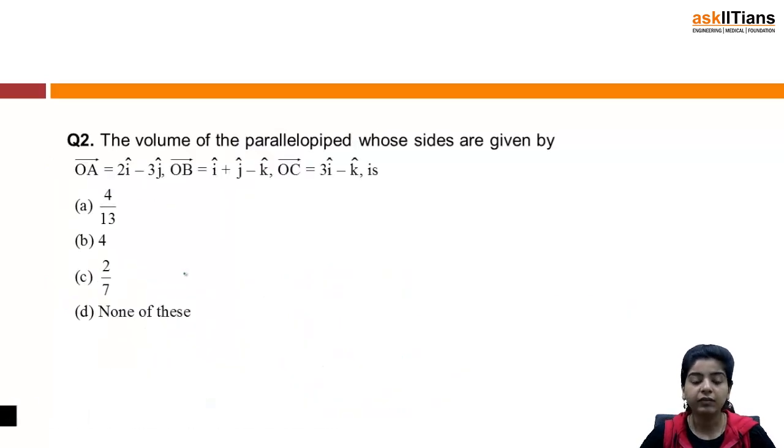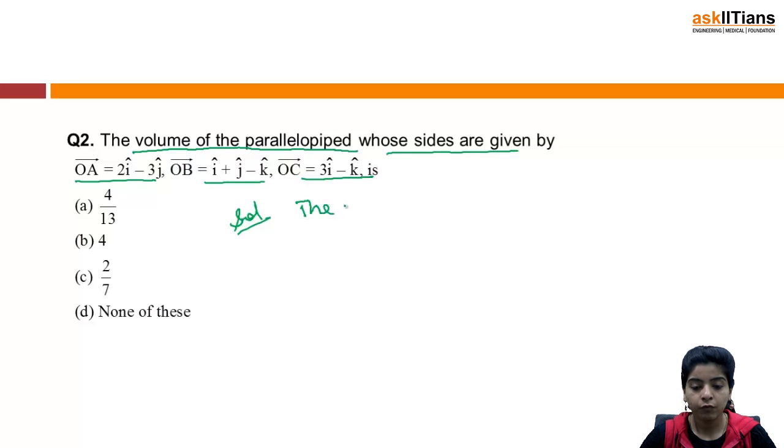The next question is: the volume of the parallelepiped whose sides are given by OA is 2i minus 3j, OB is i plus j minus k, OC is 3i minus k. If you remember, we have discussed this formula, how to find the volume of a parallelepiped. So the volume of the parallelepiped is equal to,